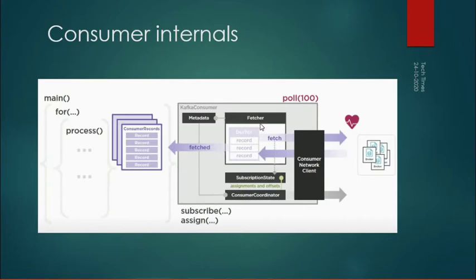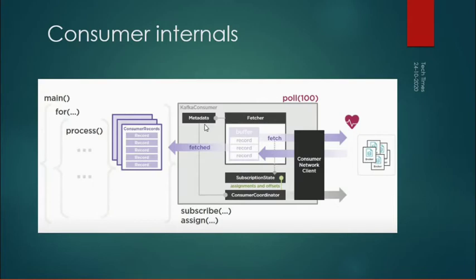What the fetcher will do is fetch a set of records for the poll which we have set. So for poll, there is 100 milliseconds which we have set. So for 1 second it will poll all the records, it will collect those records, and whatever records are fetched, it will send to the consumer for processing. Then we have metadata. What is metadata? The metadata of all the partitions and the topics which are available on the broker. If any new partition is added, this metadata will get automatically refreshed.